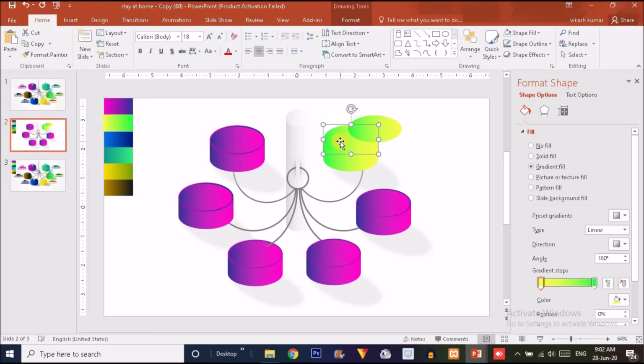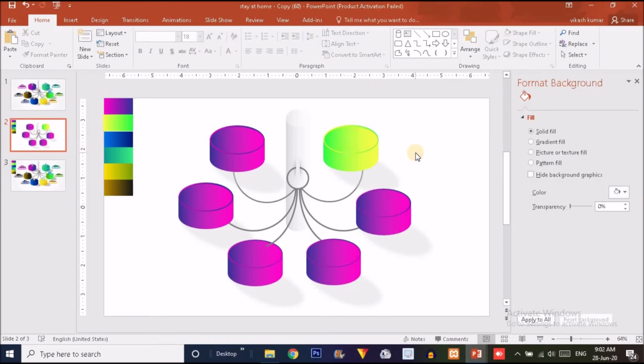Now what you have to do, you just have to click the middle shape over here and alternate the handles like this and place the shape as it is. Now you can see the effect over here. So this is how simply you can fill the gradients to different shapes.